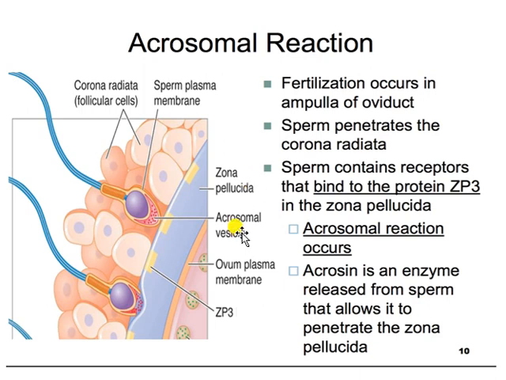Listen carefully, within the acrosomal vesicle there is one enzyme named hyaluronidase that is responsible for breaking down the hyaluronic acid which is present in between the corona radiata cells. So when the hyaluronic acid between corona radiata cells is broken down, automatically the penetration of the corona radiata by the sperm cell is performed.